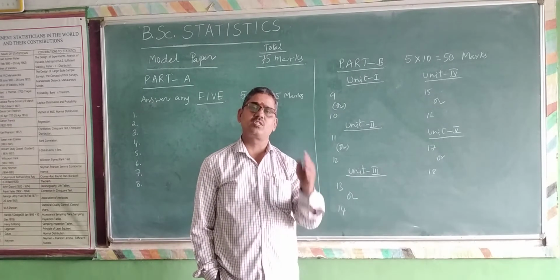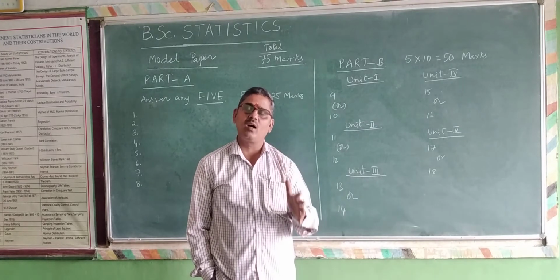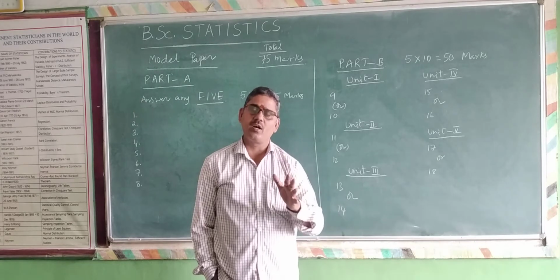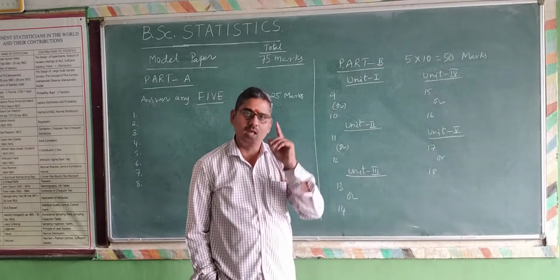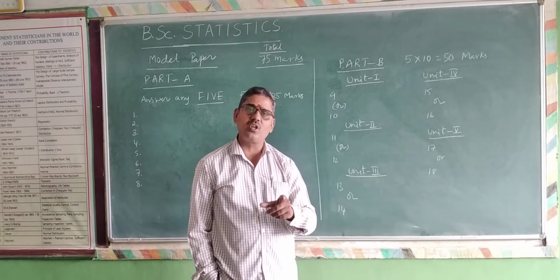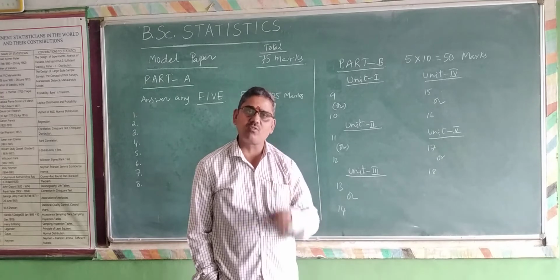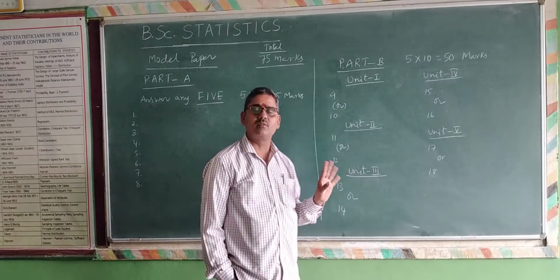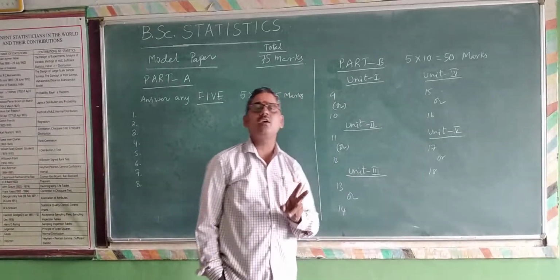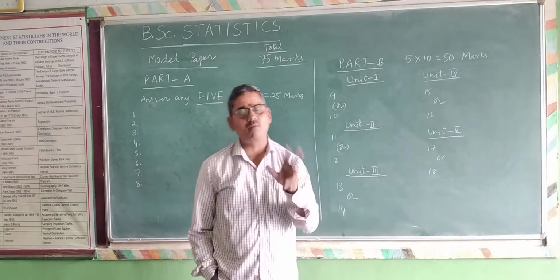The 4 questions or 5 questions or 3 questions will be in the respective unit. Then you select that unit and start preparation of the unit and finish all the questions, all 4 or 5 questions in that particular unit, and then move to the next unit. Similarly, you read minimum 3 units. That is my suggestion. Minimum 3 units.